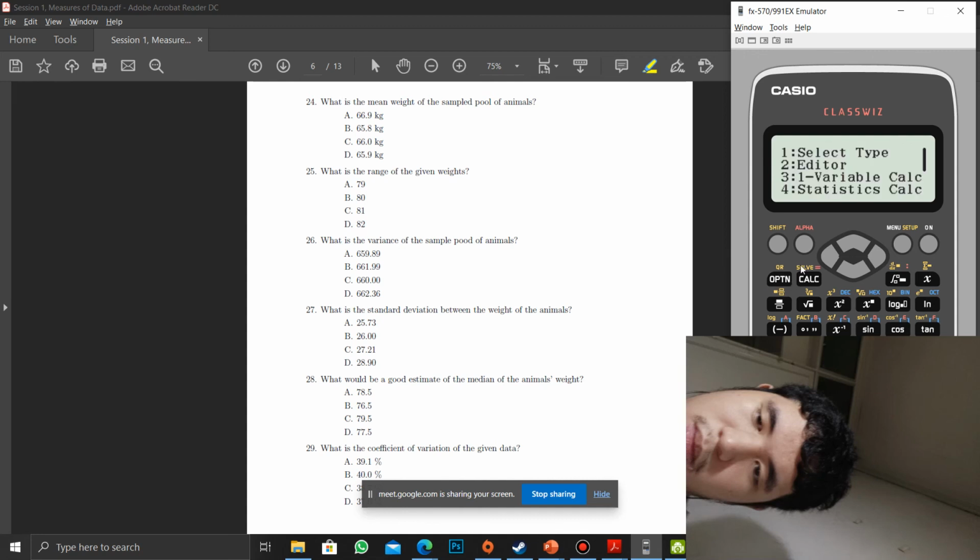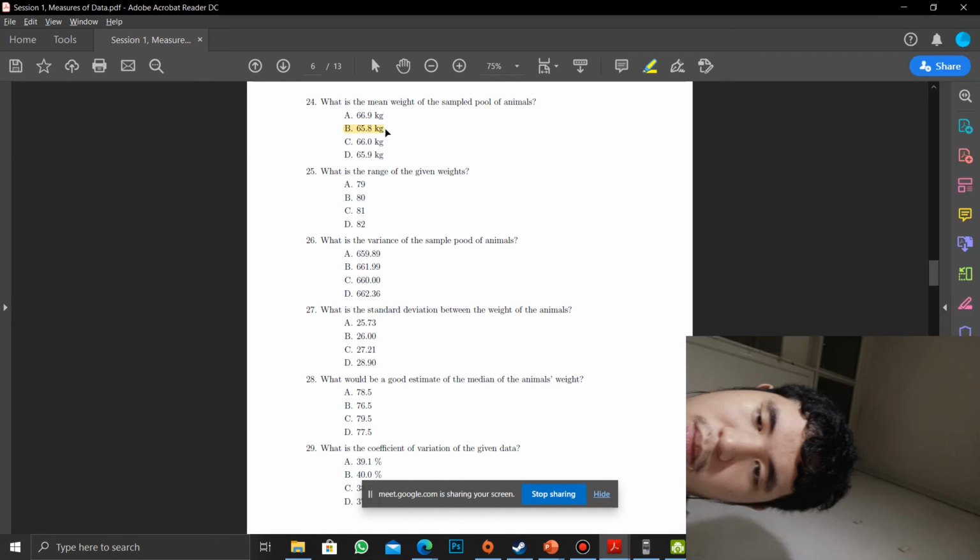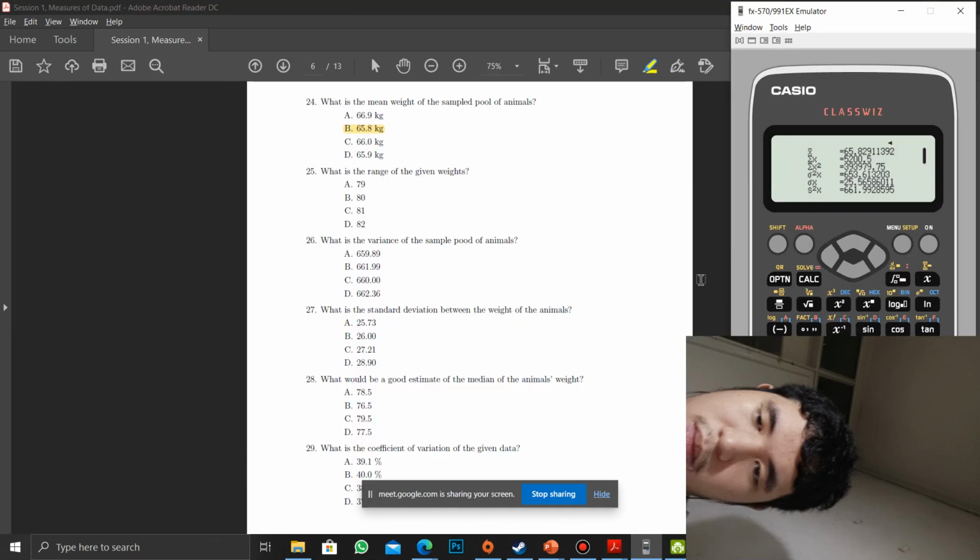Option, calc. One variable calc, we have this. So, from here, number 24, ang sagot dapat ay letter B, 65.8. Range of the given weights. Range of the given weights is equal to the highest upper class bound minus the lowest lower class bound. So, it's 109.5 minus 9.5. So, dapat,